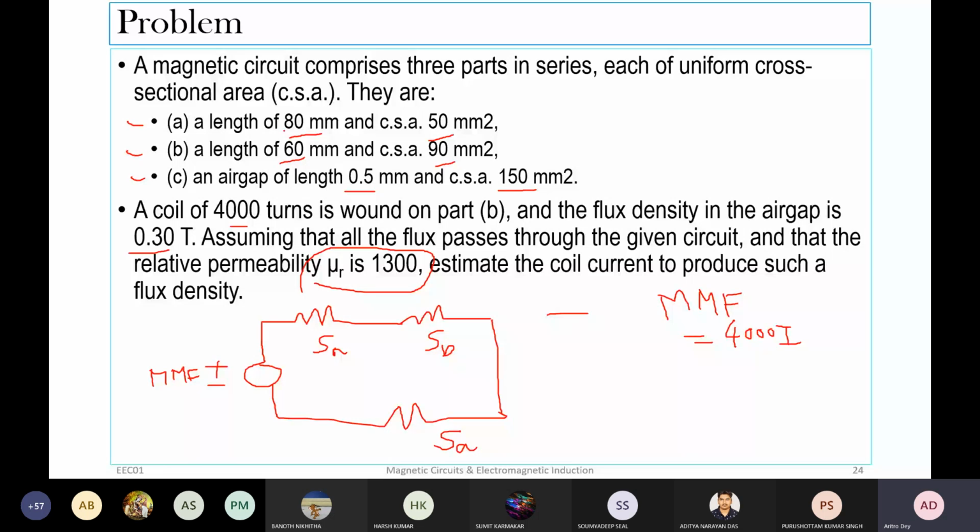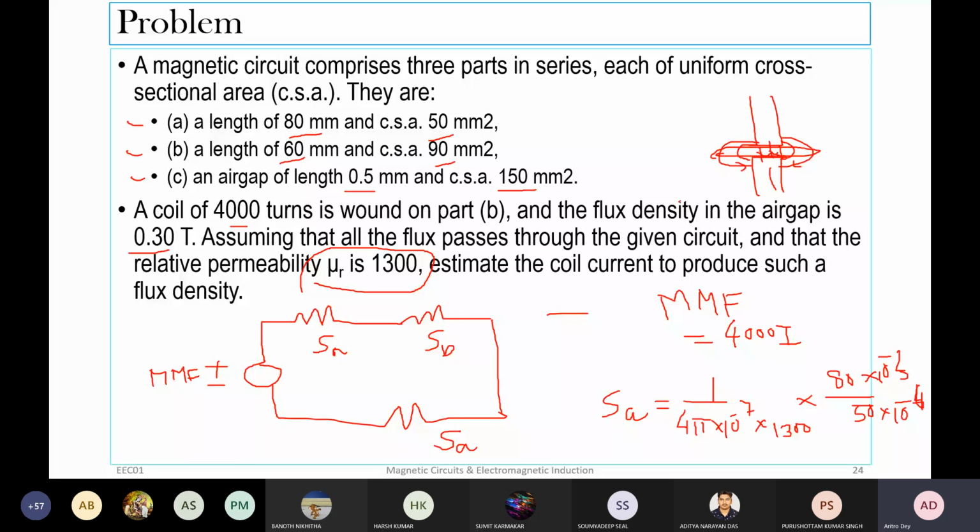And there will be losses from this part also. Not all the flux which is developed is linked with the magnetic material. A few parts will go through some other path, through the air gap, through the atmosphere. That is actually the loss, and we have not taken care of it. Because of that loss, we will get less flux. So if you include that loss, we will need more current through the coil. If this is mentioned, you also have to calculate it, and ultimately you will get the effective current which will produce that particular flux density in the air gap.